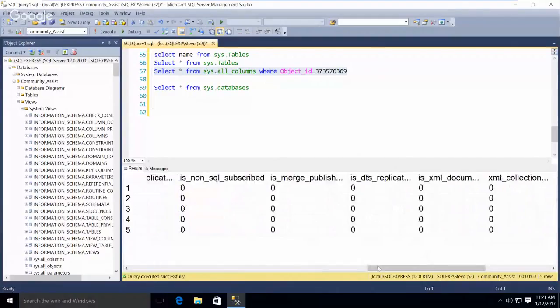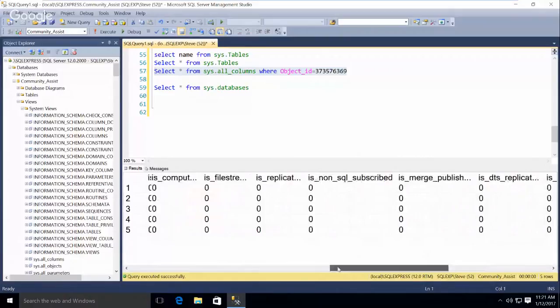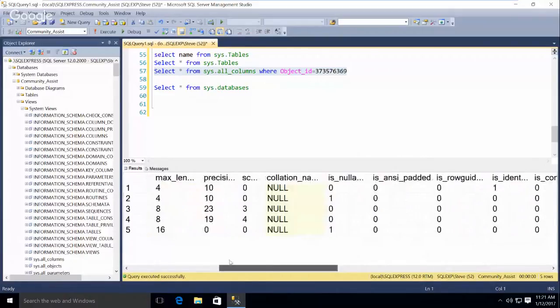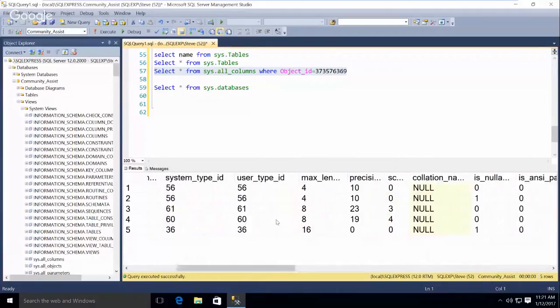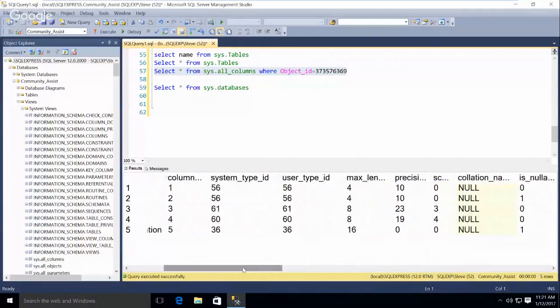You have a user type ID, same as a system type. So we haven't got any of our own types. The only place we will create our own type is when we do the XML. We'll do an XML schema, which will create a type, but it's more like a class than a type. But you can create your own data types. I've never figured out a use for one.